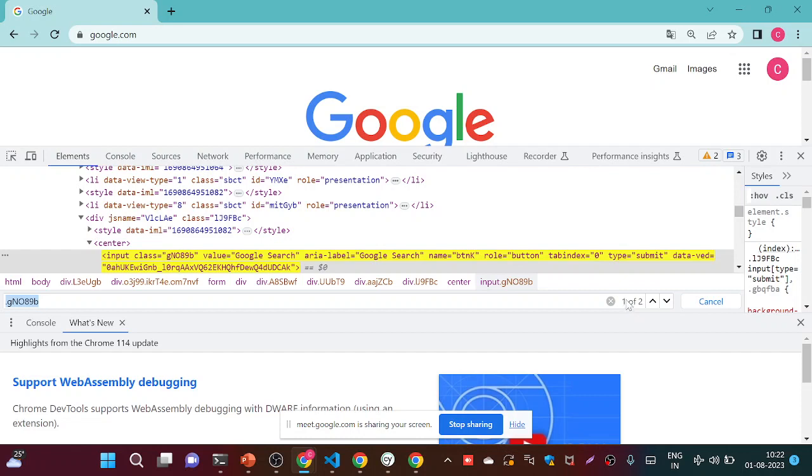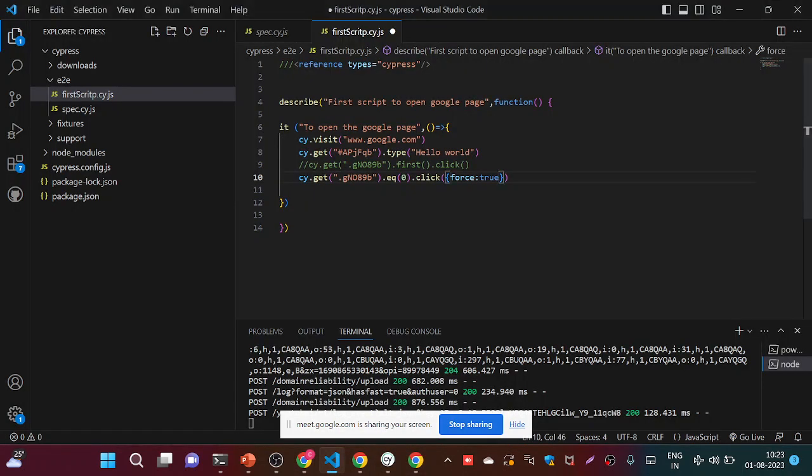So if the element is second or third, we will use EQ of two or three. Okay. Now next thing what I'll do, see whatever I have written now,